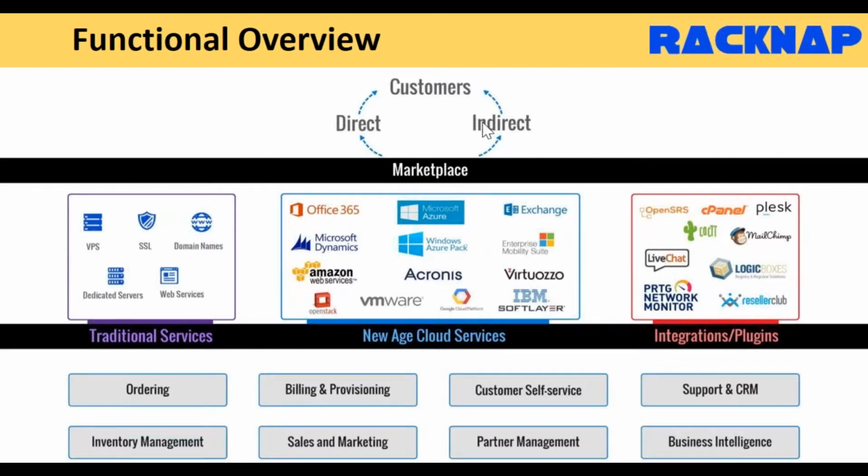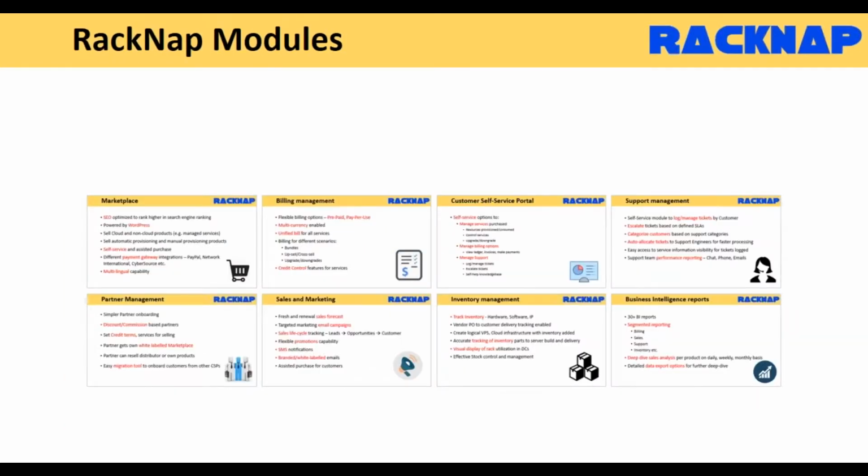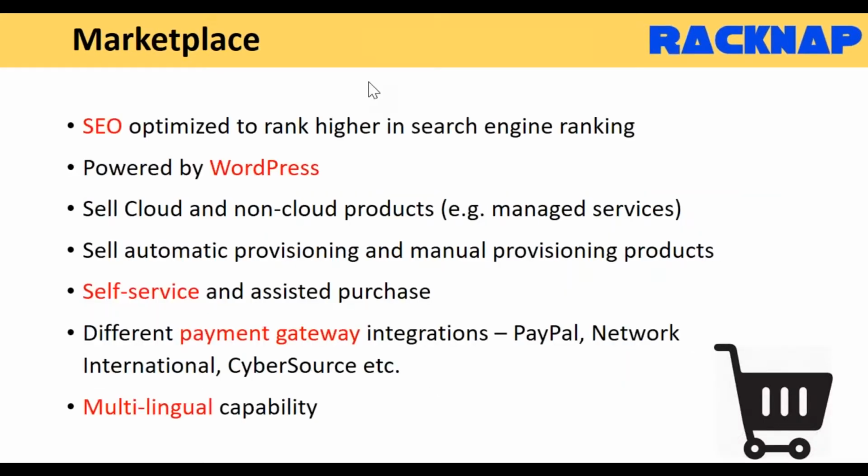Okay, so with that, just to go back to this slide deck here, RackNav is a full-blown ERP of cloud services, helping to automate the provision of cloud services and help build them as well. What we have so far looked at is primarily the broader capabilities, right? I want to dig deep into the individual modules, but prior to that, I'll go into the marketplace and then show you a live demonstration of how a customer's purchasing journey would look.